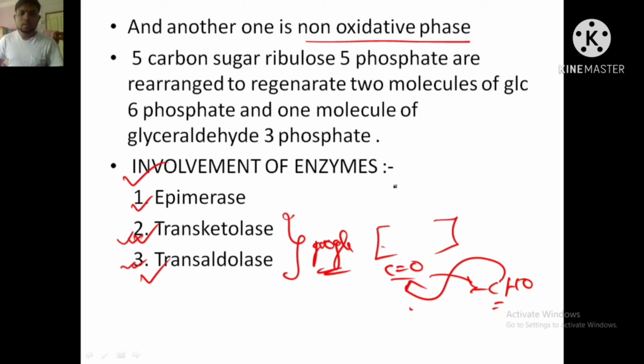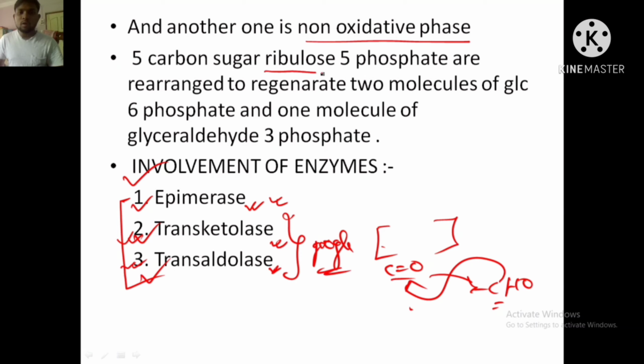And epimerase, epimer I hope you know if you know the biochemistry of carbohydrates. So I'm not going into details of these 3 enzymes. Okay, just keep in mind these 3 enzymes are involved here. Let's go through about these enzymes. Here